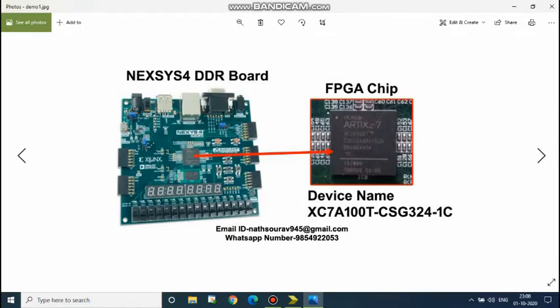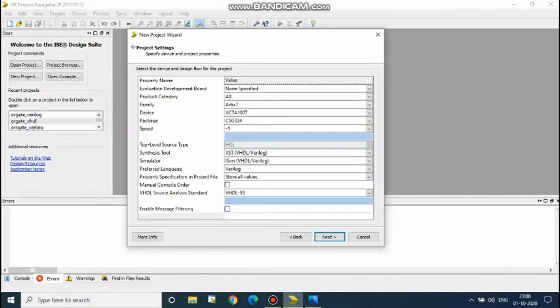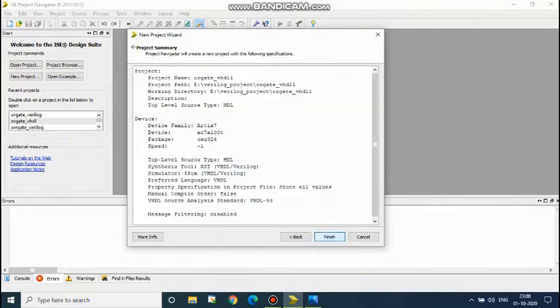This is the board available in our lab, a Xilinx FPGA board. This is the FPGA Artix-7, and the device name is XC7A100T. CSG324 is the package name, and 1C is the speed. From this I have filled in these fields, and I have selected the preferred language as VHDL. Next, finish.